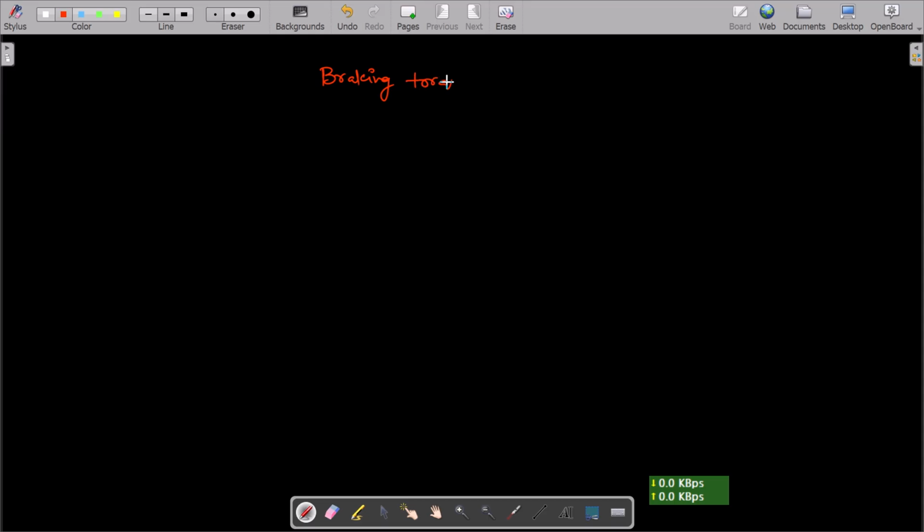Braking torque in an energy meter. So we will see how that braking torque, that brake magnet and all these things will be there in